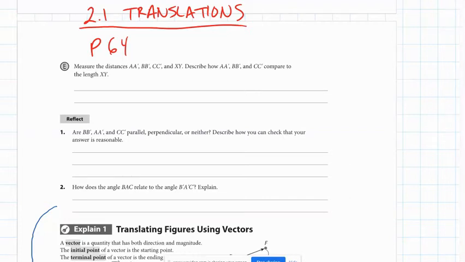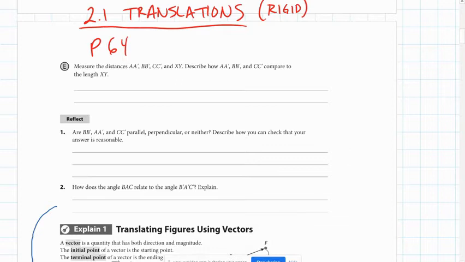Hello, everybody. Today's lesson is on section 2.1 in our geometry text on translations. We learned a little bit about translations back in section 1.1 when we were exploring many different types of transformations. Some of them were rigid and some of them were not. And we discovered back in that lesson 1.1 that translations are a type of rigid transformation,